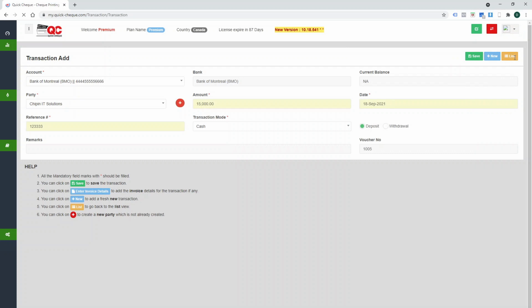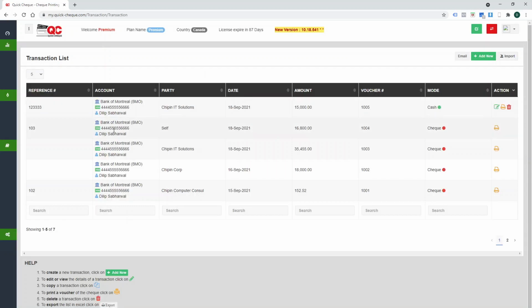So what I will see over here is that there is a transaction now which is created, depositing into my account through a mode of cash for 15,000, and it gives me an option to edit it, print a voucher for this as well, and delete the transaction. This screen is generally used if you're using the maintain account balance feature of the account, so you can record every transaction into the system. You can import data into the transaction screen in a similar way in which you are doing it in the check screen. Now let's go ahead and see how we can print multiple checks together using the batch printing feature.